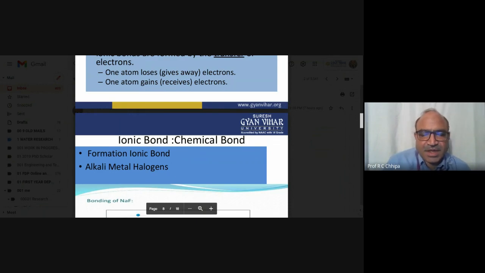Before that, we have to know about the Lewis dot structure. In Lewis dot structures, different atoms are arranged, and each atom shows its electrons, specifically the valence electrons, the outer shell electrons. So therefore we can make the bond, and here the bond will be an ionic bond. Formation of an ionic bond needs certain specific atoms, specific elements,